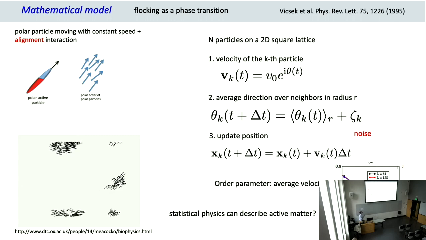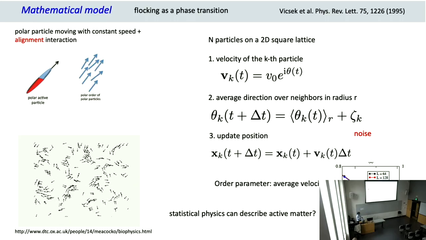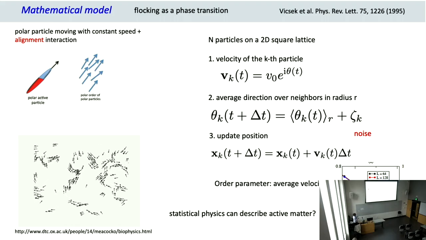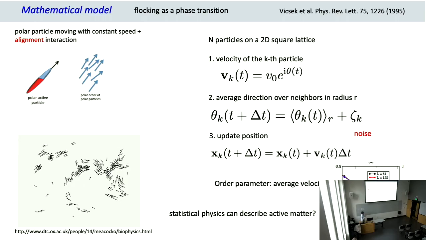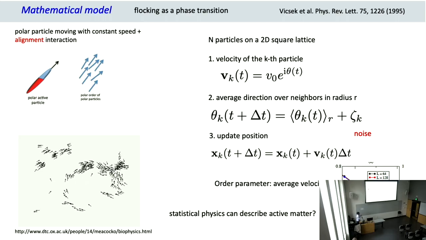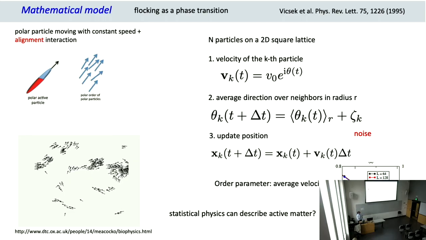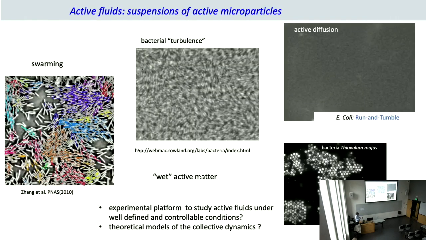Then a lot of effort was put together to develop tools of statistical physics to describe active matter. What I will try to convince you of today is that statistical physics is not the answer to it all, just like machine learning is not the answer for all problems and modeling problems. There is a lot of room left, especially for applied mathematicians, to contribute to the field. These opportunities occur in the field of so-called wet active matter. This is where I'm very interested.